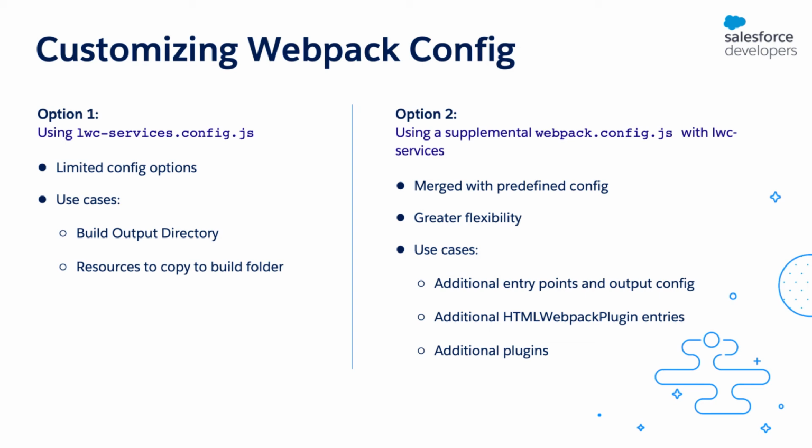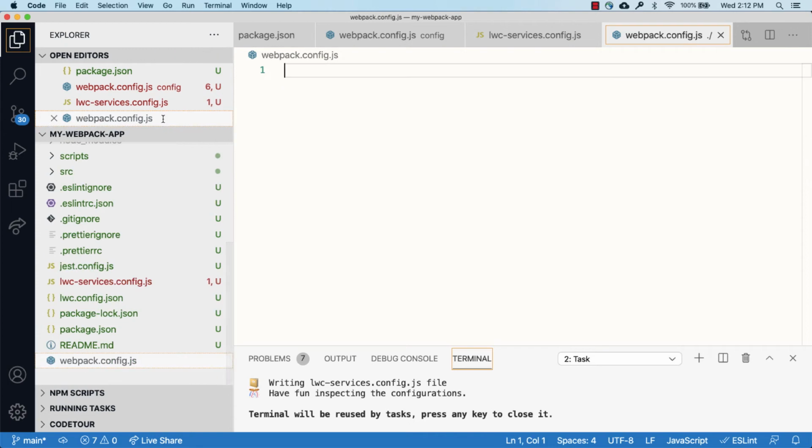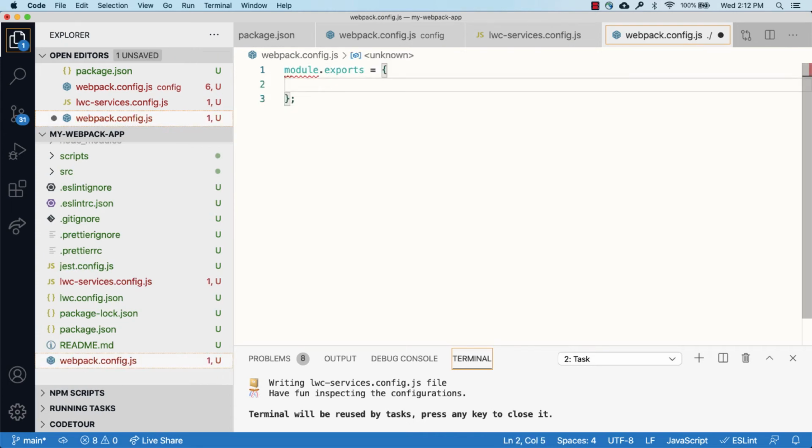So let me create a config file. You can give it any name that you want, but for simplicity, I'll name it webpack.config.json and only add the elements that you want to customize. So let's say I want to customize the public path. I'm going to add only that entry here. So just as an FYI, public path is actually the base URL from where all your static assets are served. Basically, it defines what a relative URL starts with. It can be slash, it can be // or if you're deploying your web app to a subfolder, like on GitHub pages, then you specify the name of the subfolder in public path.